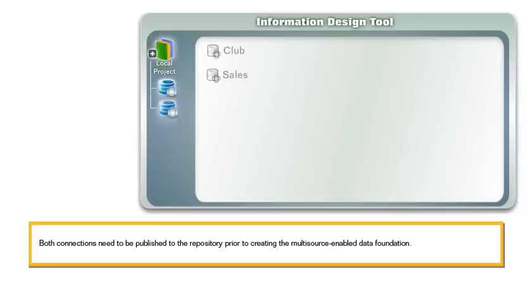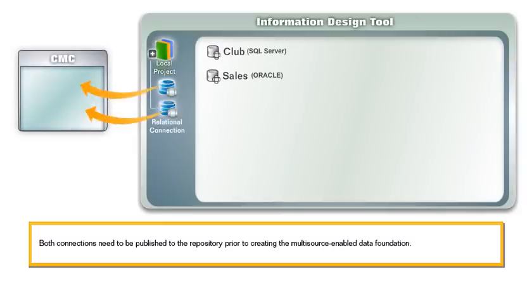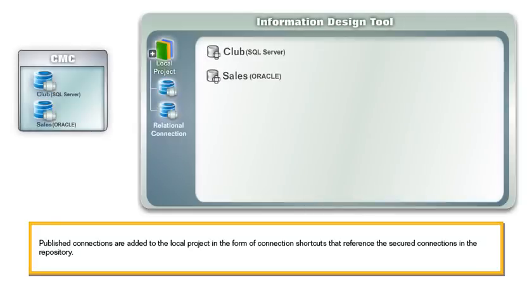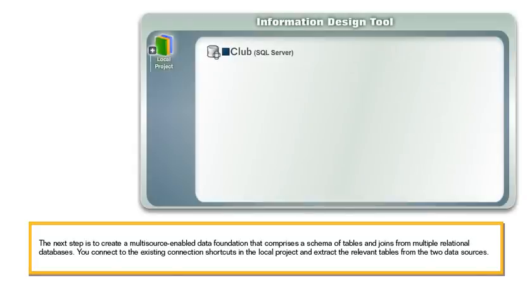Both connections need to be published to the repository prior to creating the multi-source-enabled data foundation. Published connections are added to the local project in the form of connection shortcuts that reference the secured connections in the repository. The next step is to create a multi-source-enabled data foundation that comprises a schema of tables and joins